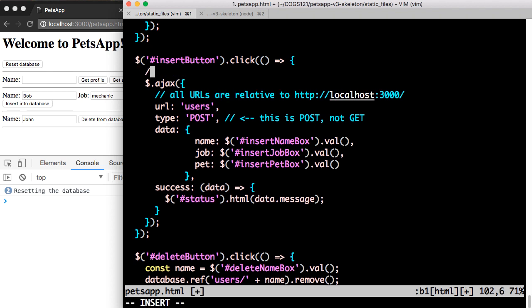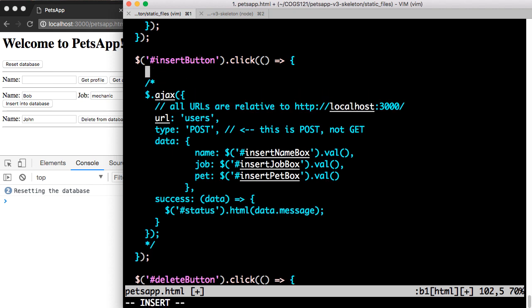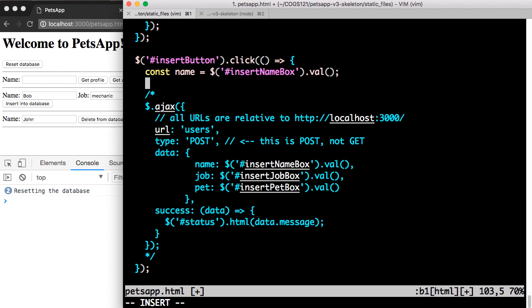So what we're going to do is replicate this functionality, but instead of making an AJAX call to our own backend, we're going to directly call Firebase. To do that, again, we're going to grab the name. So name equals, this time, the contents of the insert name box, val. Again, it's a good idea to check all of it. Let's console.log name